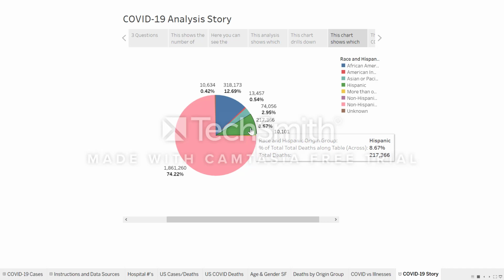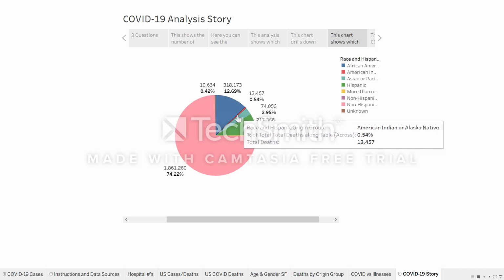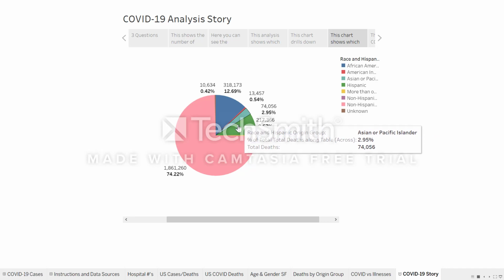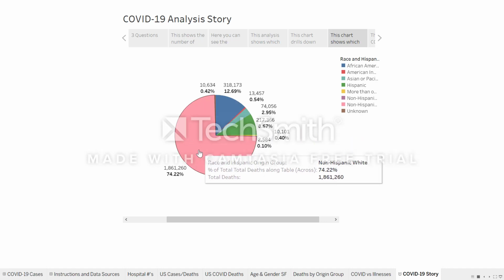And then total deaths is 217,366. Again, off to the side here, we can go into more depth about the different other origin groups. For instance, American Indian and Alaskan and Native is another example that's part of this, Asian and Pacific Islanders. And even though they haven't been affected as much, definitely those who have a white race origin classification have suffered the most in the U.S.